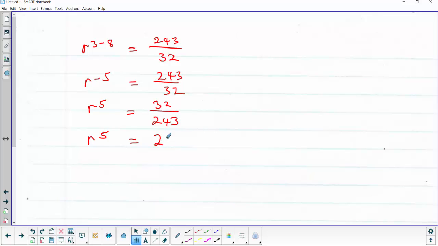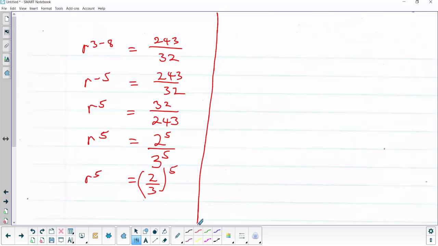32 is the same thing as 2 raised to power 5 when you use your calculator, and this one is also the same thing as 3 raised to power 5. We can say that R raised to power 5 is the same thing as 2 over 3 everything raised to power 5, because 2 raised to power 5, 3 raised to power 5. Therefore, let's make a line here to make it easier for us. We don't need to manage the space. Therefore, we can say that R raised to power 5 equal to 2 over 3